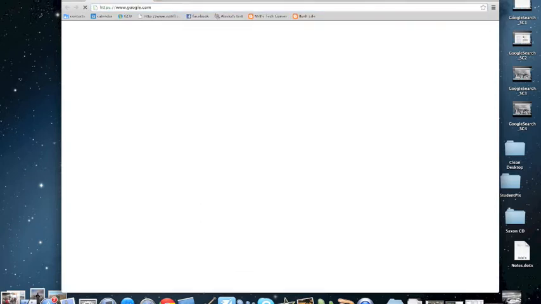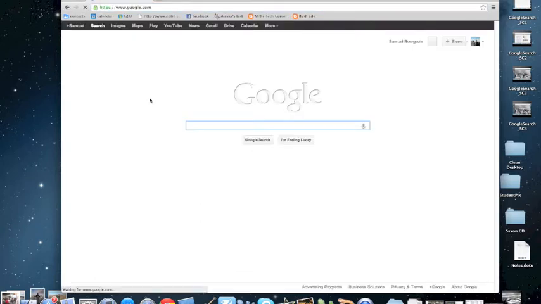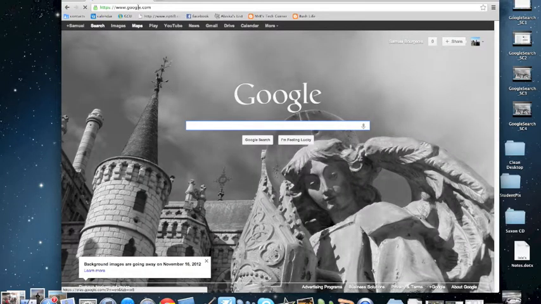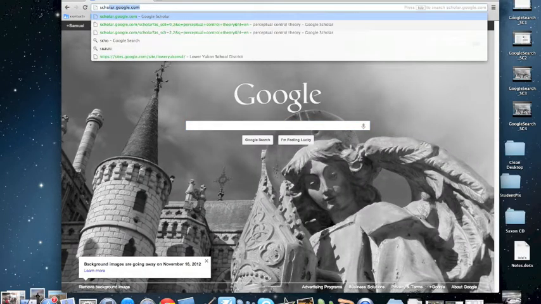Today, I want to take you to something a little bit different from Google. We've looked at the images and we've looked at some specific searches. I want to take you to Google Scholar. So just go ahead and type in